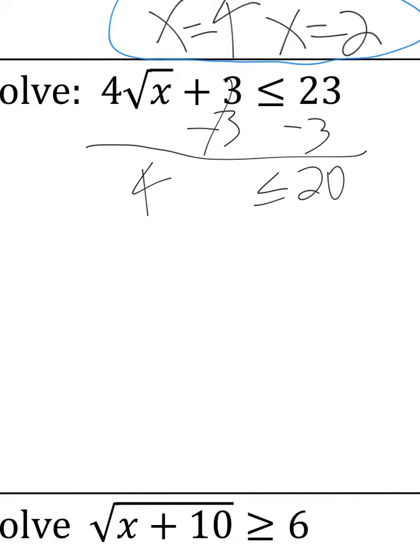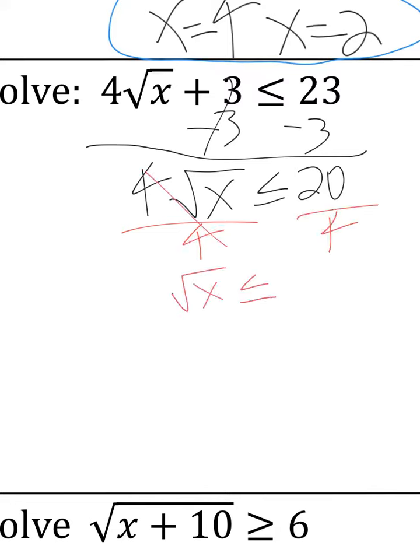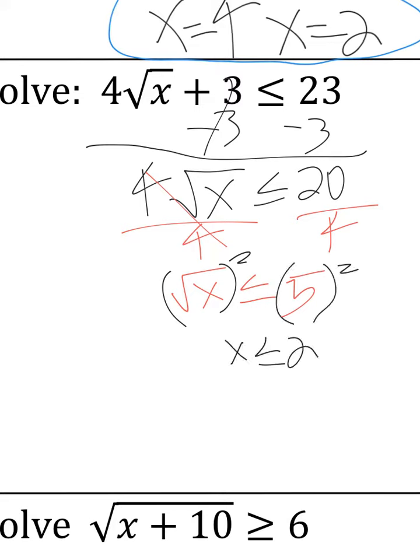And then I have 4 times the square root of x. So now I'll divide by 4, and that'll give me a 5 on the other side. So the square root of x is less than or equal to 5. So what you need to do is square root both sides, and you get x is less than or equal to 25. Now because this is an inequality, and it says it's less than, you're not quite done yet, because